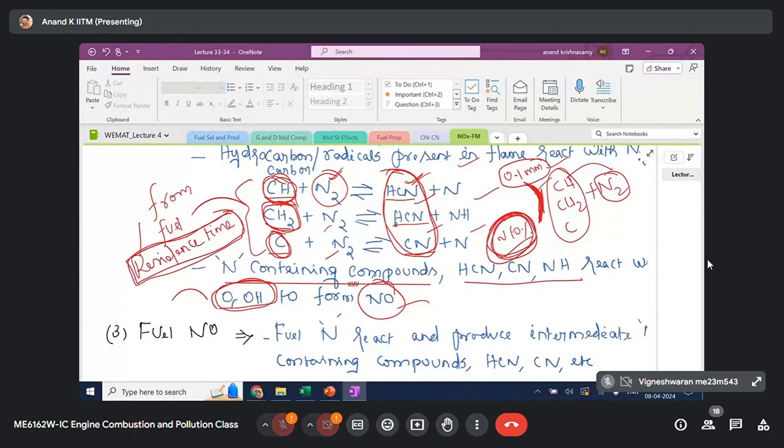But it all starts when you have a thick flame. When you have a thick flame, it will generate more NO. Since the flame is thin, it is generating only less NO because the time available for NO formation is very limited. Also, the flame area is less, so you are forming only less NO within the flame. That is what is the prompt NO. Now, the question is why not the flame be thick?